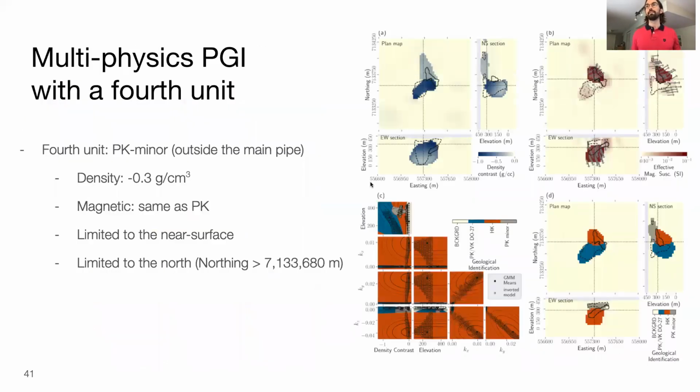And then we include that information in the final multiphysics inversion with 4 units. And that's the final result. So we got rid of that Northern extension and routed it back to the near surface with a different density signature, and that matched quite well what we saw in the borehole. We still have the same properties for the magnetic inversion with different orientation for the different units. The HK unit is not as well clustered as before, but what we gain here is that there is actually